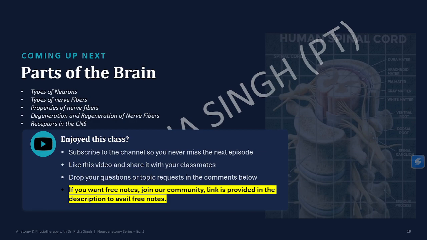Then in this video, so far we have covered how the CNS is organized and how the PNS is organized. Also, we looked at the internal structure of the spinal cord. In the next video, we will be talking about the types of neurons, the types of nerve fibers, the properties of nerve fibers, then the degeneration and regeneration process in a nerve fiber, and the various types of receptors in